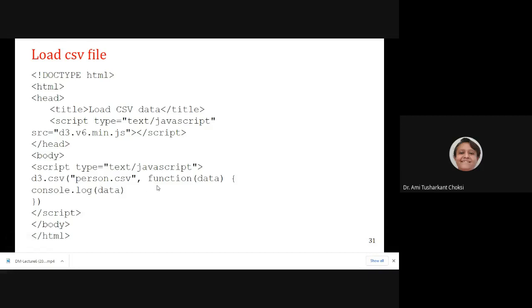Then we can give the action for that, and that is function data. An inline function we are providing for loading the CSV file, right? So function data. What is data? That's what we are passing from here. And then we do console.log data.